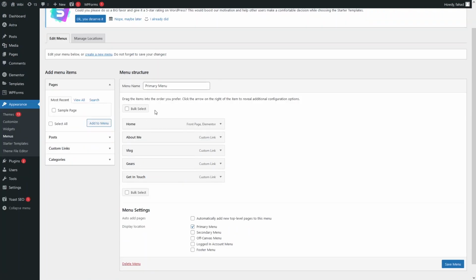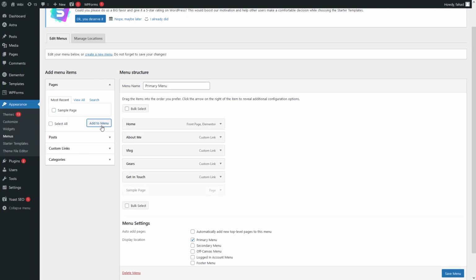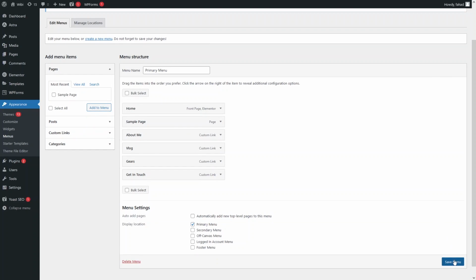and as you can see here, we have this default menu in which we have the home, about me, vlog, gears, and get in touch. So how can we add the sample page? All we need to do is to check on the sample page and click on add to menu, and this is how the sample page is added to our menu. So I can also change the order by dragging this. Okay, so this looks fine now. So let's just save the menu,